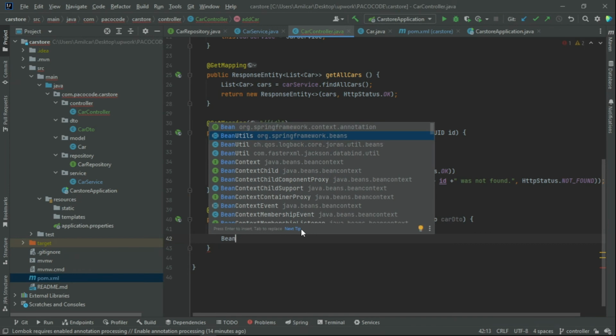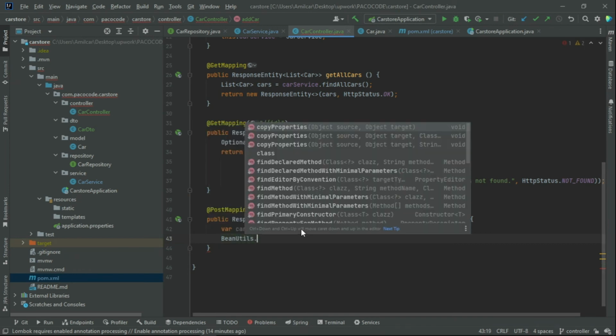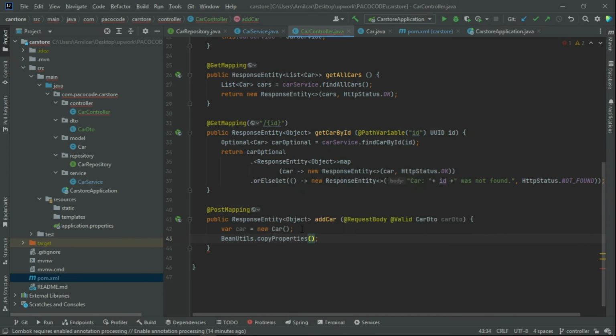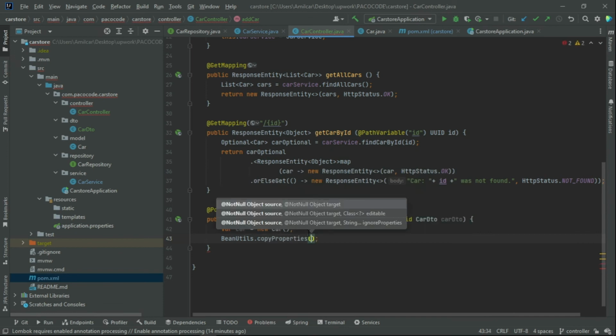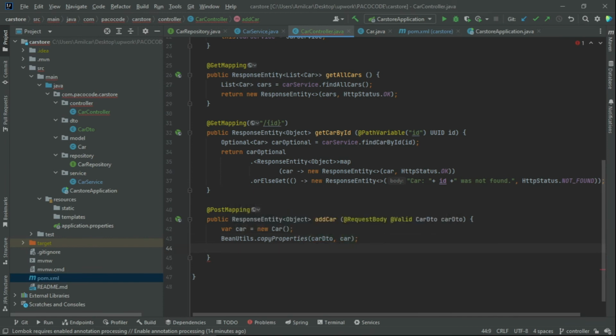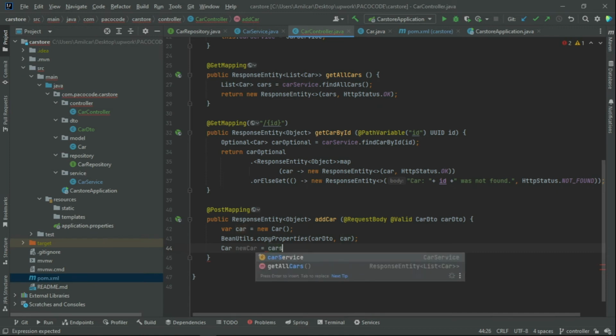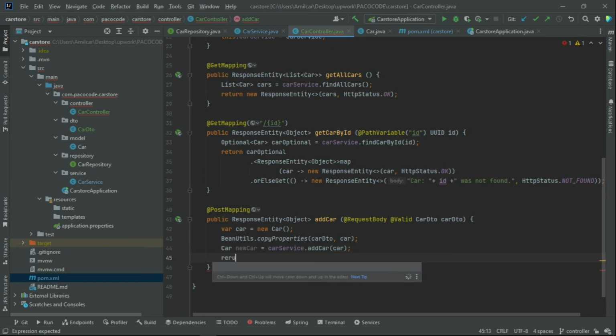I'll be using utils copy properties. Our source will be car DTO. Our target will be a car. Just like that. Car new car equals car service add car,